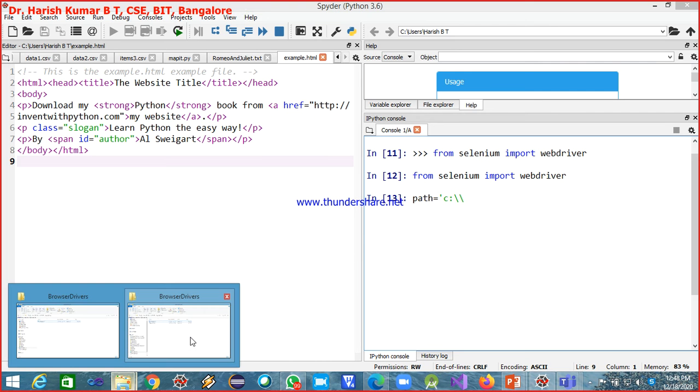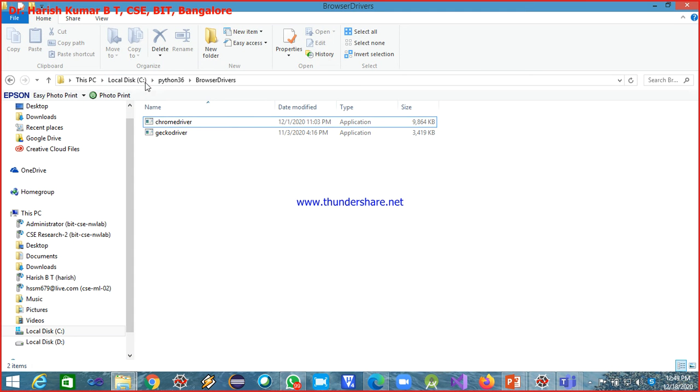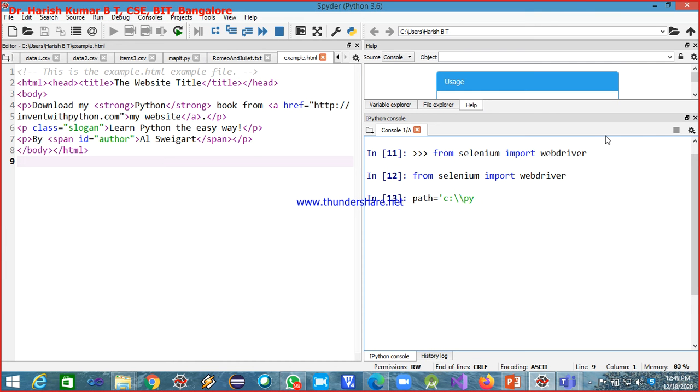So I'll just show you the path also. It's inside the C drive, Python 3.6. 36 is nothing but the version, 3.6. So Python 3.6, and then browser drivers. This is my path, and inside this